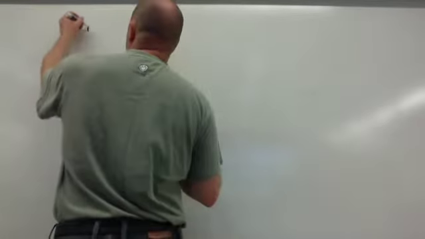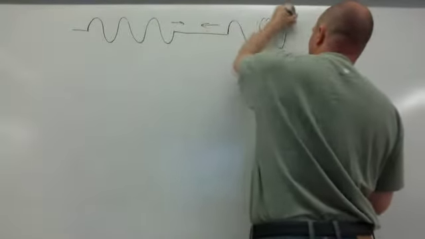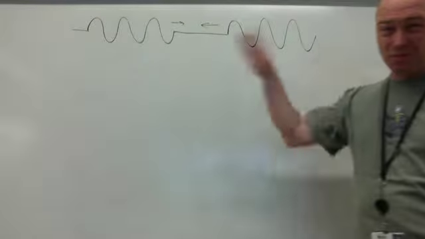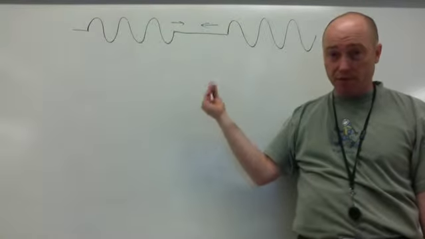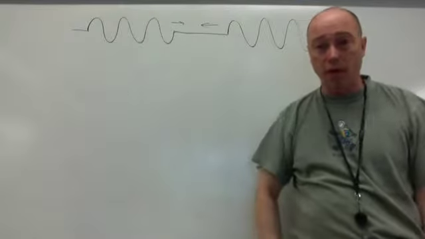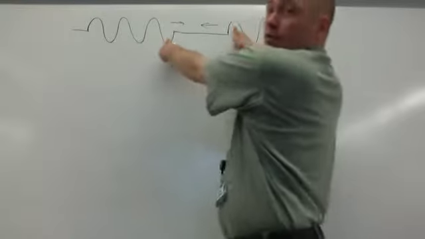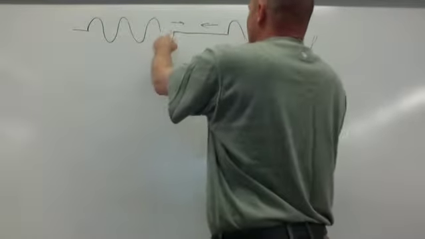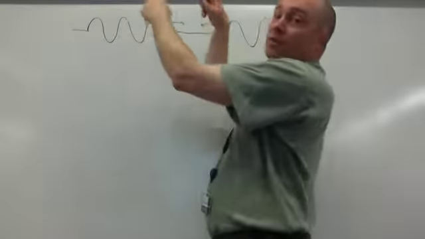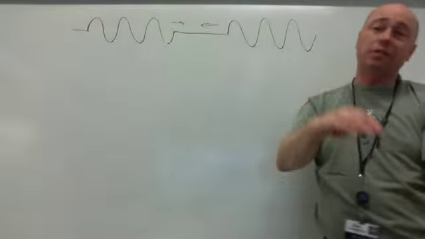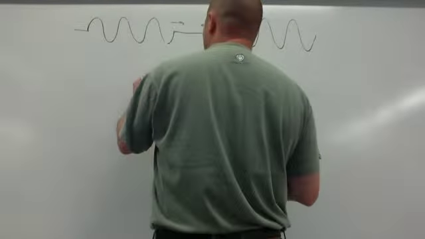So if I have something like this, let's say I have these identical waves, they're supposed to be identical, and they're moving towards each other. As these waves pass through, you're going to get what's called a standing wave. When this goes through this, destructive interference, and then later on, this is going to be on top of this. See it? Which means you're going to get constructive interference, and then destructive, and then constructive, and then destructive. And then what you actually get as they're passing through is this